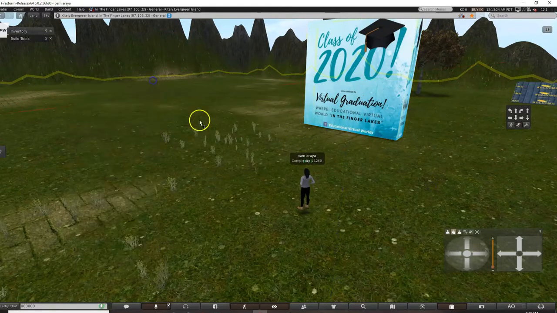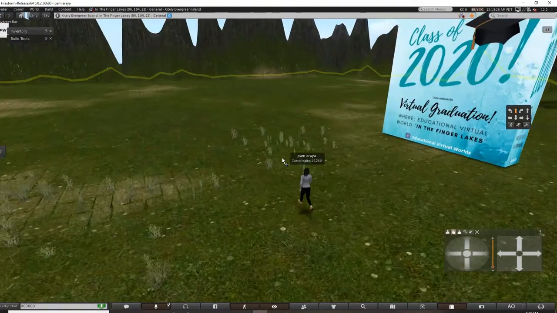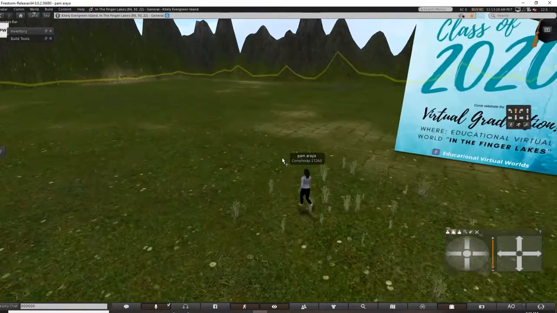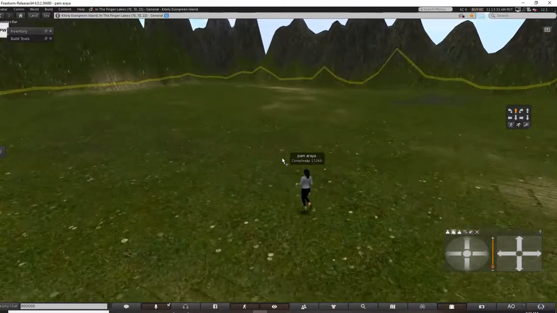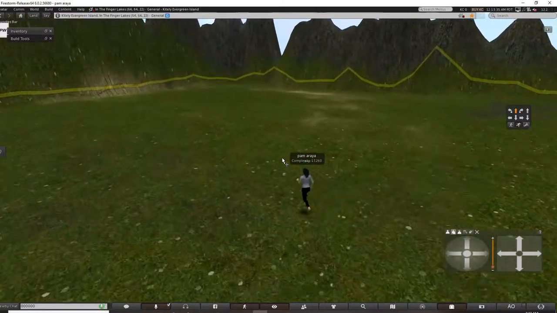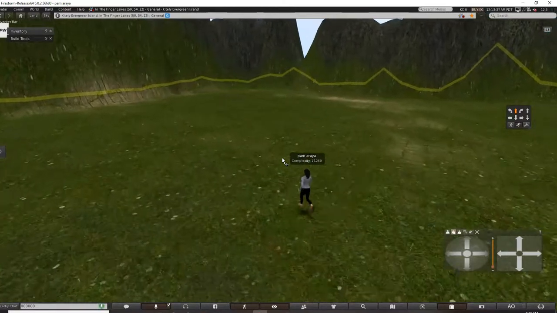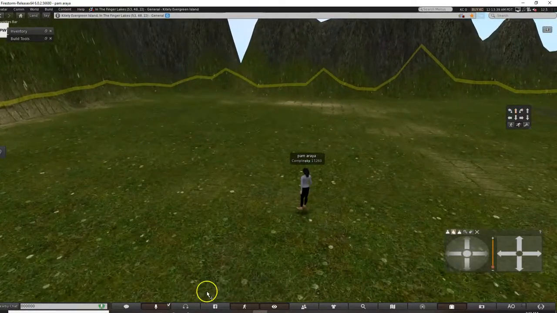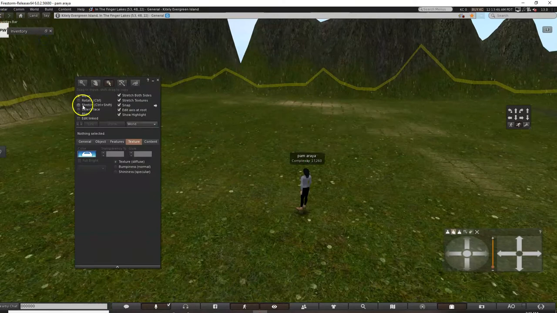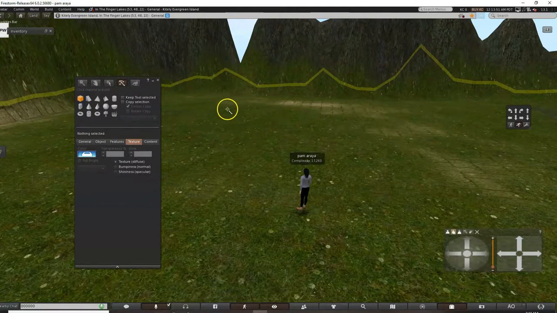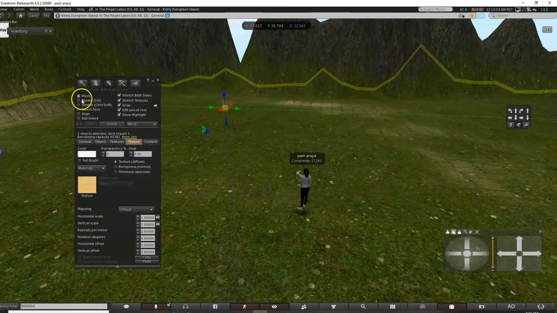Okay, so I think very quickly back here, I'm just going to create another prim and then some stairs. And we'll give it a backdrop. So let's see where my build tools are here. Stretch it.